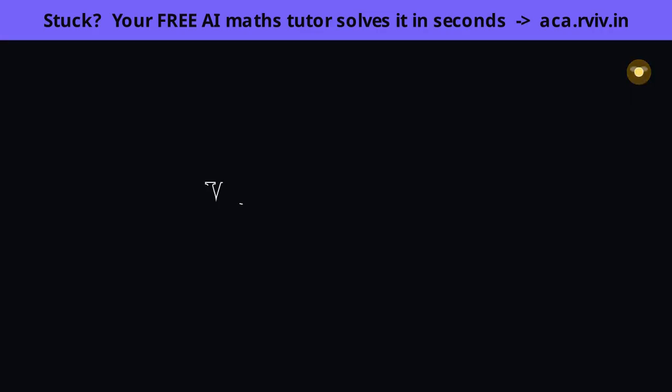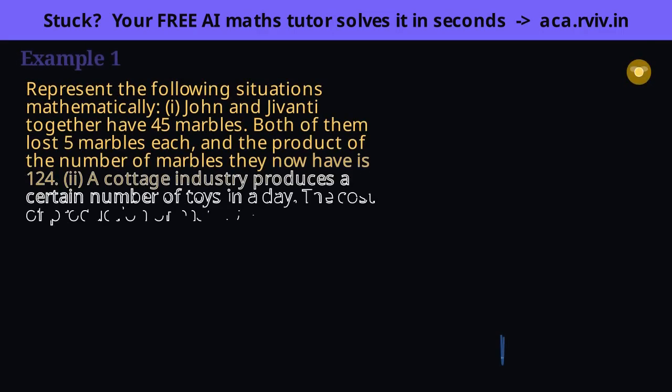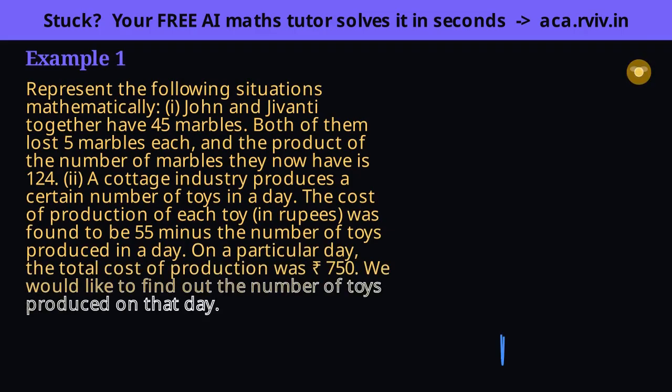Let's walk through all 9 insert examples together, one gentle step at a time. Watch how the same 3 ideas from the concept, forming an equation, factorizing or completing the square, and reading the discriminant, keep coming back. Once you see them recur, quadratics stop being a list of tricks and become one method. 2 everyday stories that quietly hide a squared unknown.